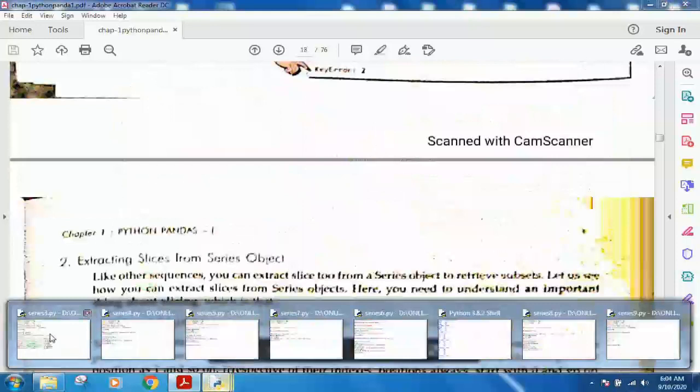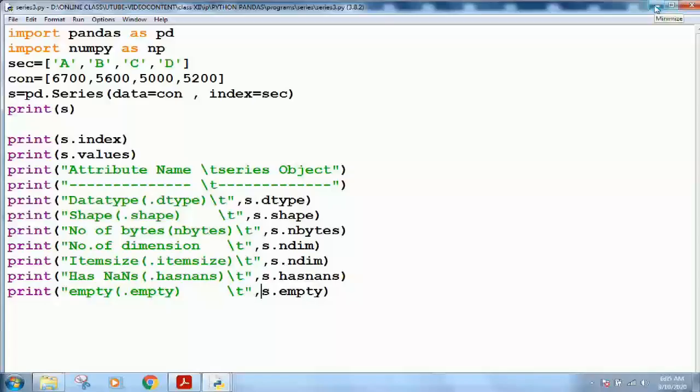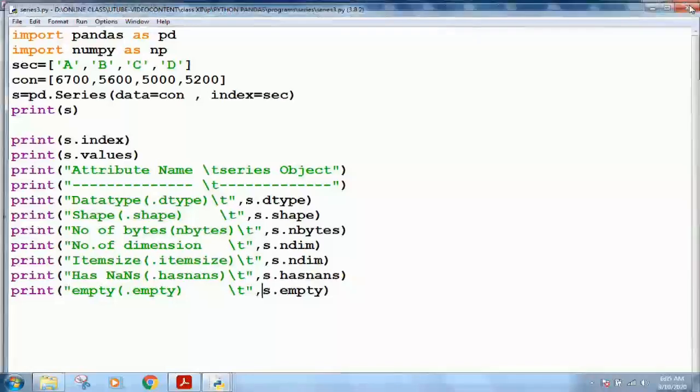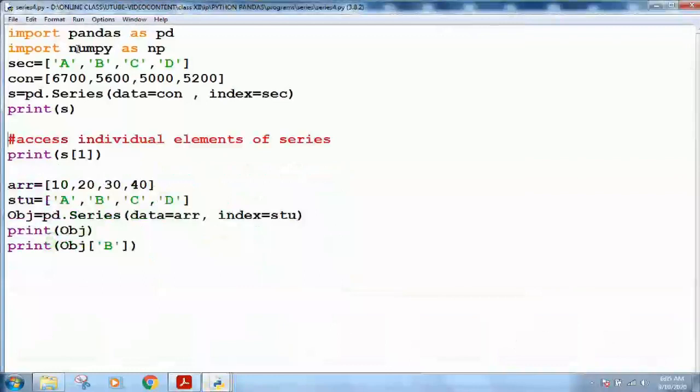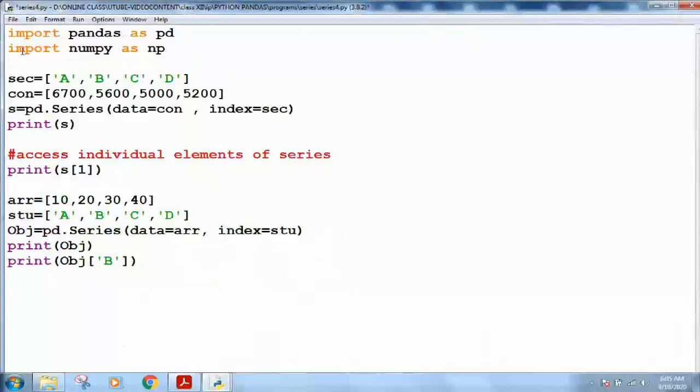See here. Okay, sorry, this is not the program we have covered. Then series number 4. Okay, now in this program you can see this is your series created. Up to here we have created the series and printed it. Now if I want to access only the first element of this series, that is 5600, index starts with 0 1 2 3 by default, you know. Sorry, a b c d will be the index, and if I want to access the element of this, I can write the index either as 1 or I can specify it this way. Let me show you and run this code.